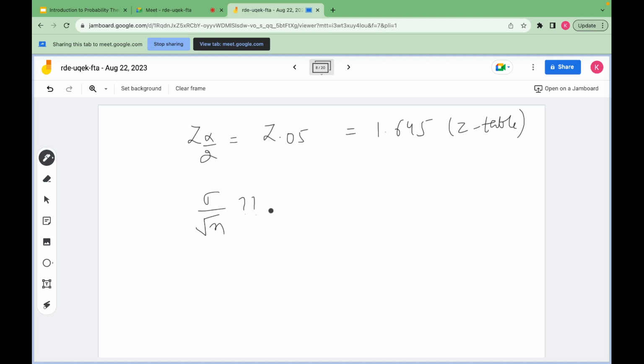Now for a binomial distribution, Bernoulli,